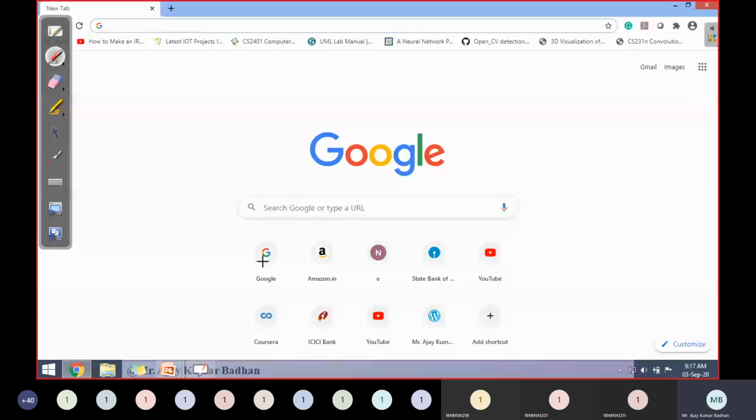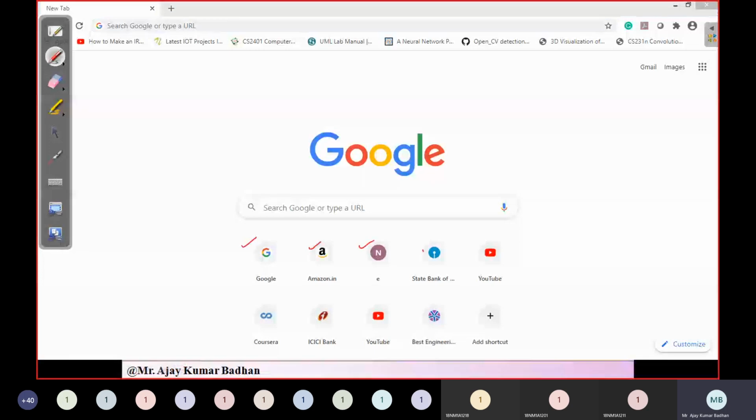For example, you might be seeing some icons here: Amazon, Google, State Bank, YouTube. All these are handled by one particular thread because these are images. Then we have the name labels for them: Google, Amazon.in, State Bank.